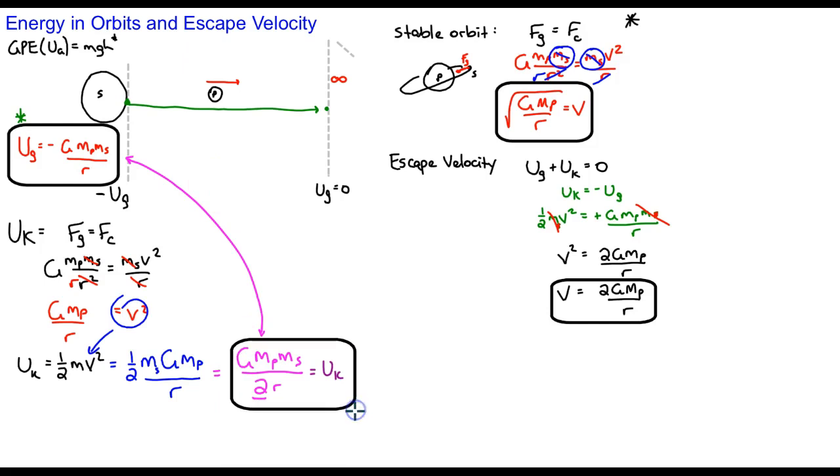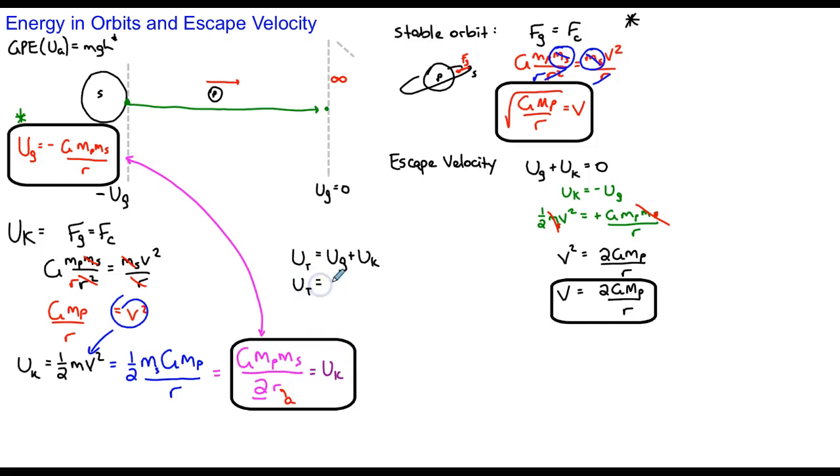Now, if it's in an elliptical orbit, the only difference that I ultimately have to make is replace the r with an a, where a is the semi-minor axis. So now I have an expression for kinetic energy. And perhaps you can see when you look carefully then that the total energy, which is equal to the gravitational potential energy plus the kinetic energy for an object in a circular orbit,